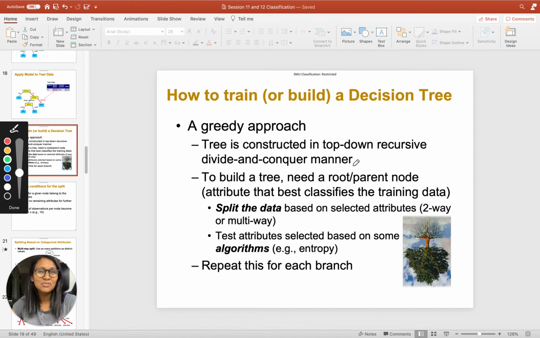And this is something you also saw in the example of choosing the glasses for you to wear. You start with the entire list of customers who come to the website. You ask them a question about their gender. You separate them out into two branches. Then you further ask them a question about maybe the shape of their face. You further divide them into sub branches, and you continue to do that till you are happy with the recommendation that you're making. So essentially, in a decision tree, you are using the greedy approach because you keep on dividing the tree repeatedly into sub branches till you are happy with the decision making process that you have come up with.